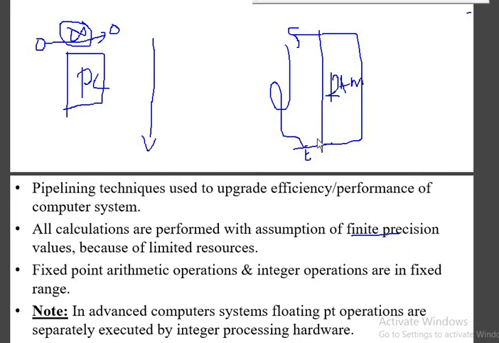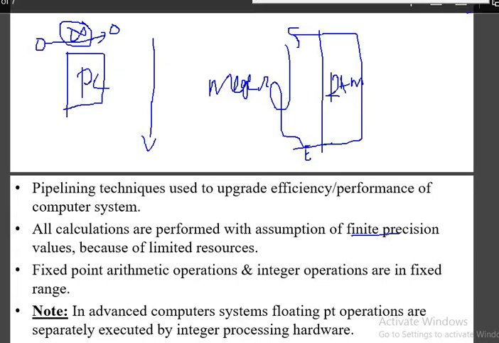Finite precision means definitely we have to store all the calculations in a resource which is measured, in the sense we have a start value and end value. From that we can calculate how much data or how much memory has been used to store the calculation in the memory.